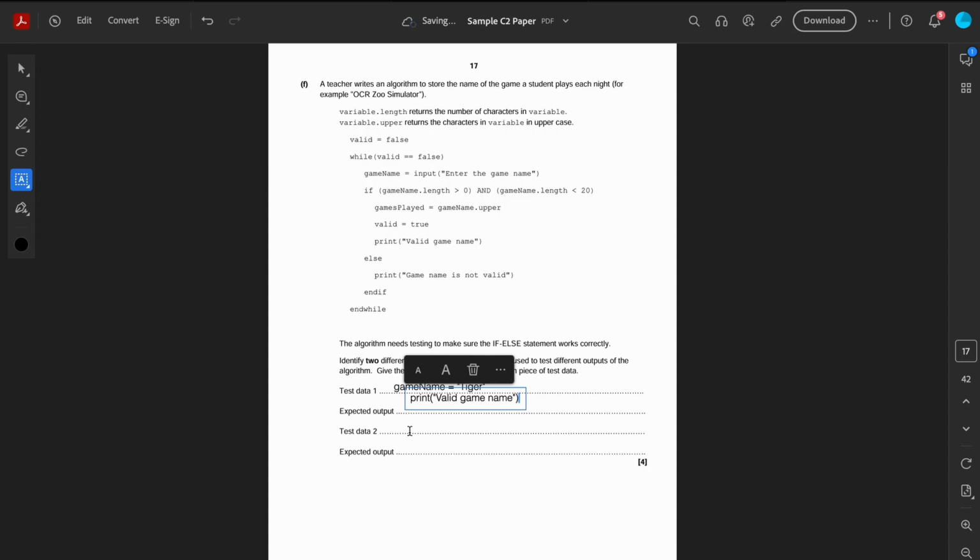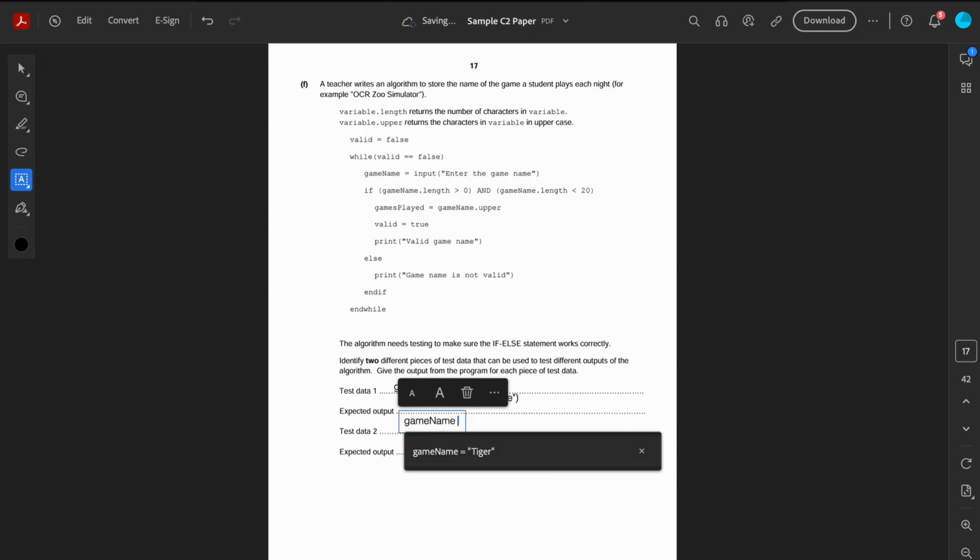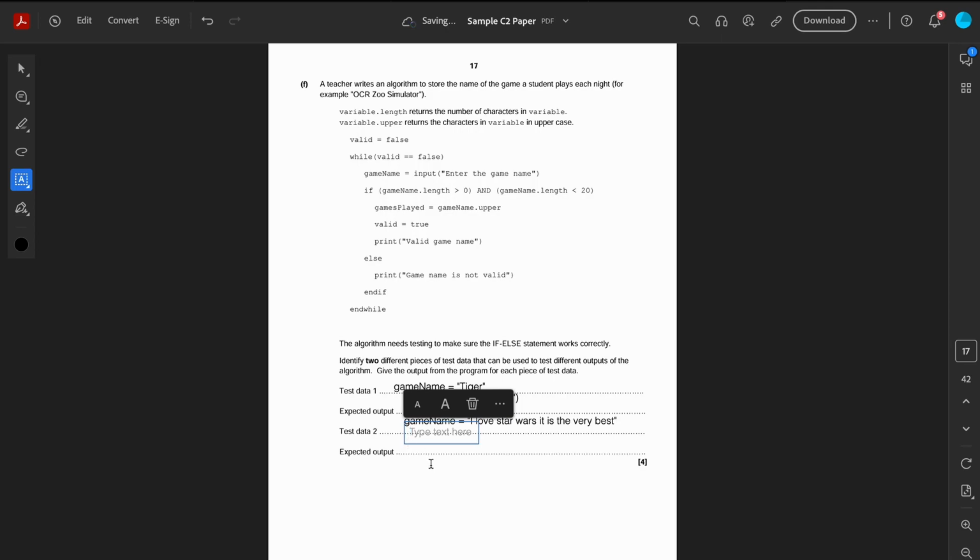Well, tiger met the other bit, so we need something that's bigger than 20. And I don't know what I can think of here. I should really put in speech marks there. I love Star Wars. It is the very best. Now I don't know exactly how long that is, but it looks to me like it's going to be longer than 21 space 2 3 4 5 6 space 7 8 9 10 11. Yeah, it's definitely bigger than 20. So that's going to definitely give us a bit. And the expected outcome for that one would be game